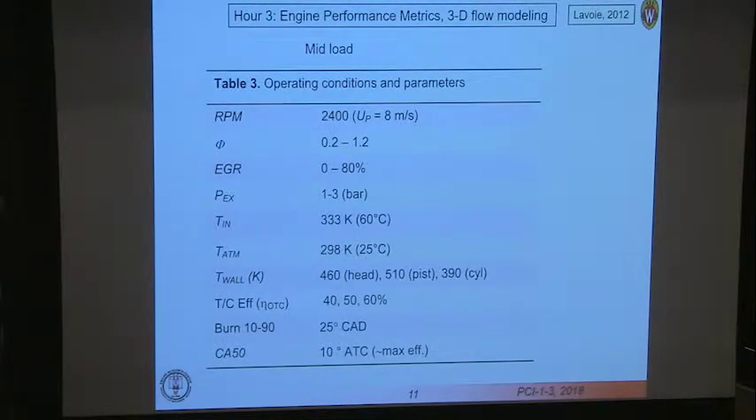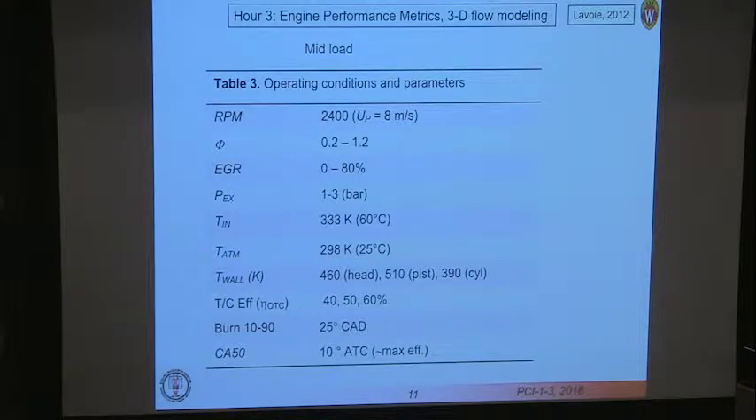The operating conditions were engine speed was 2,400, piston speeds of 8 meters per second. You have to remember that piston speed is something that you don't have a lot of control over. Like in racing engines, maybe you can get as high as 20 meters per second. So this is a typical value. Equivalence ratio for the charge, they looked at a range, and we'll talk more about this later. Exhaust gas recirculation up to 80%. So that's keeping 80% of the previous cycle's charge in the combustion chamber. Exhaust pressure range, intake temperatures,